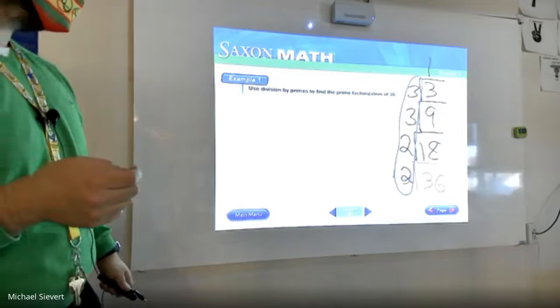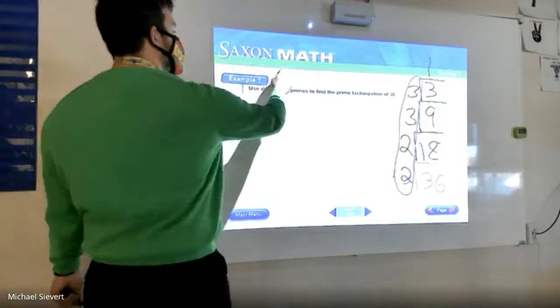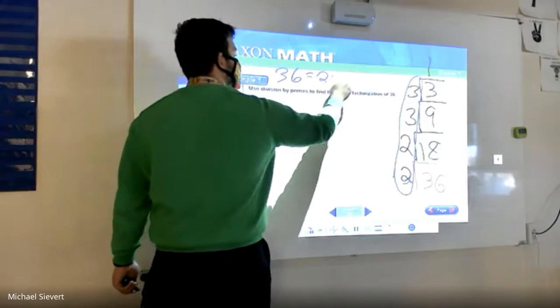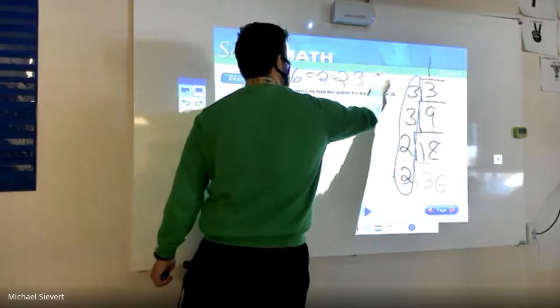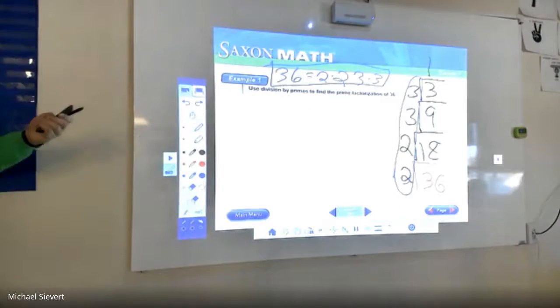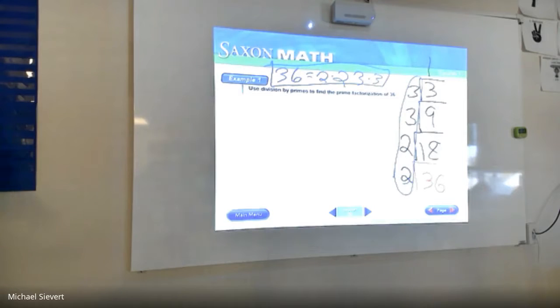Then, to write down the prime factorization, you're going to write 36 equals 2 times 2 times 3 times 3. And circle, because that is your answer. If it does not look like that, then it's not your answer. Because when you're doing this, you have to say that if you take 2 times 2 times 3 times 3